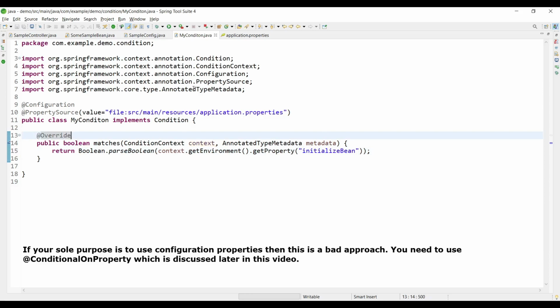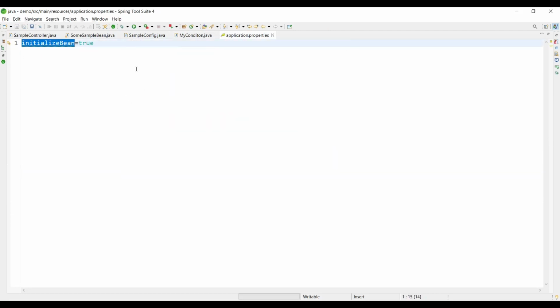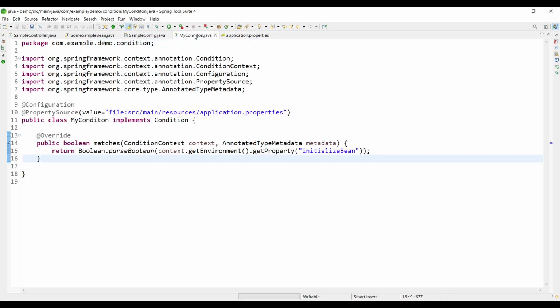In a condition you would do something like that. First of all, you will add this statement, which basically gets the property value. Now to know from where to get this, you have to add this @PropertySource, and this is the location of the file. Typically our application.properties resides in this location, and we have to mark it as configuration. I would typically use this if I have some business logic written here, and based on this value I will return my answer. But if you want to initialize a bean based on a certain property value, then there is another annotation for that, and we're going to discuss that in just a couple of seconds. But before that, let's test this out.